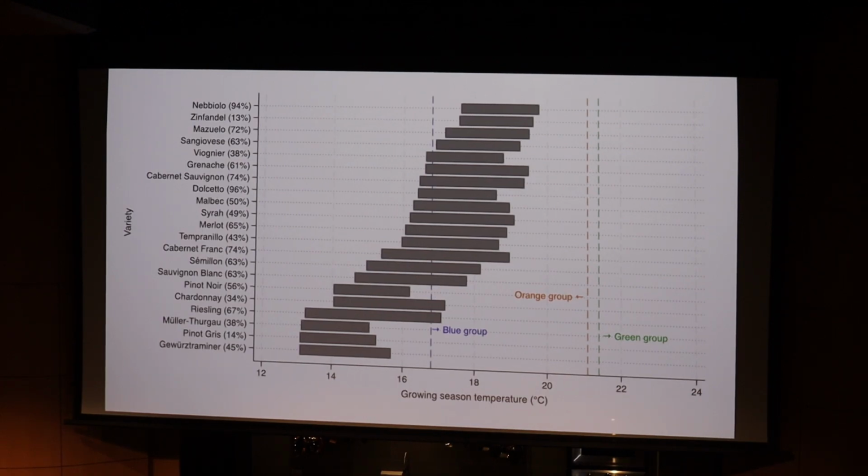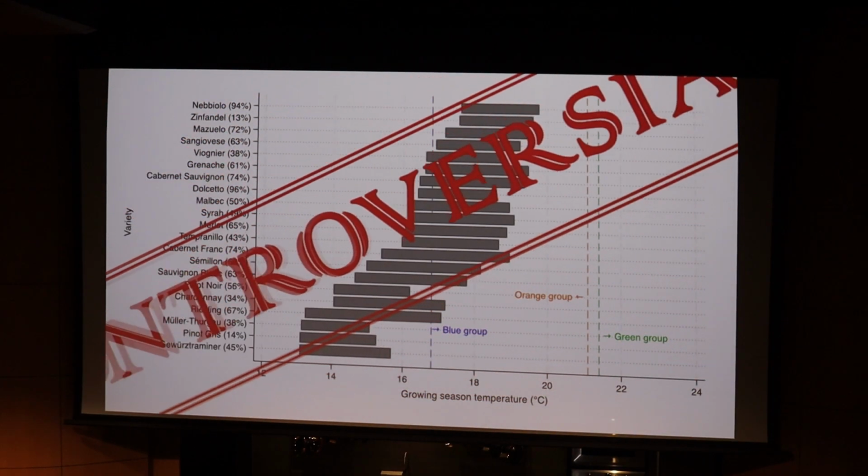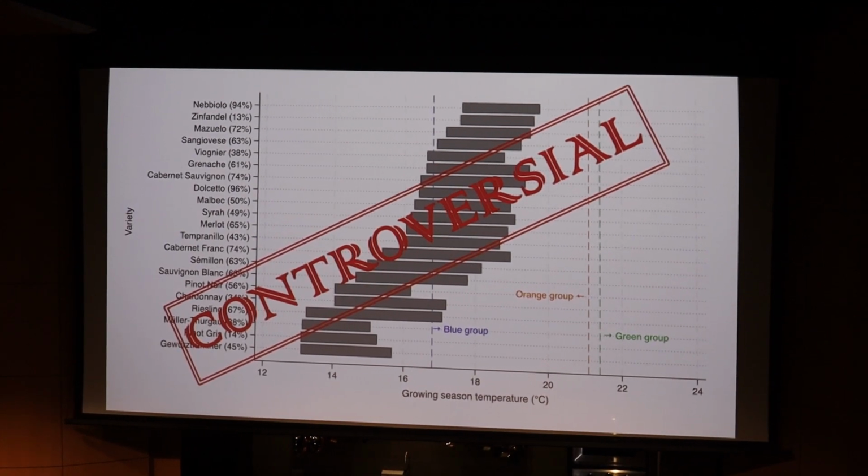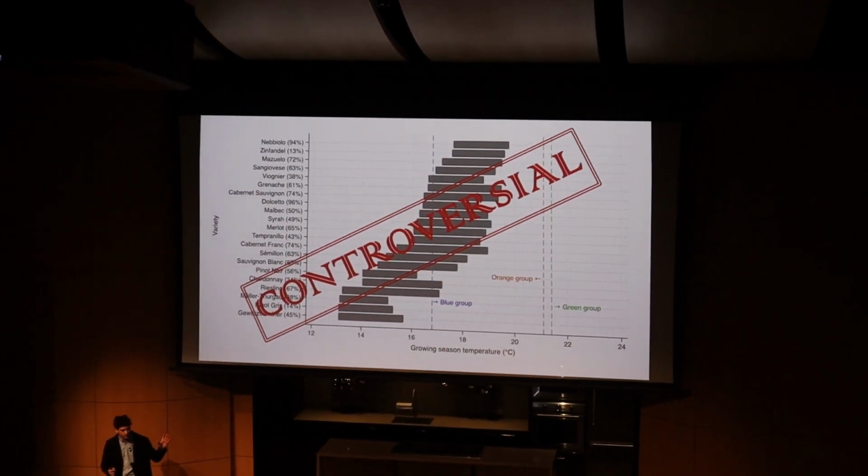Something that I need to mention is that despite this being an interesting graph, it's also a contentious, controversial one, because there's research that shows that high-quality wine can be produced outside of these temperature ranges. And in fact, I remember that Greg Jones, who is the author of this graph and is also one of the co-authors in our paper, added a sentence to our paper saying that our research shows that high-quality wine can be produced outside of these temperature ranges. But still, I think it's a very useful graph